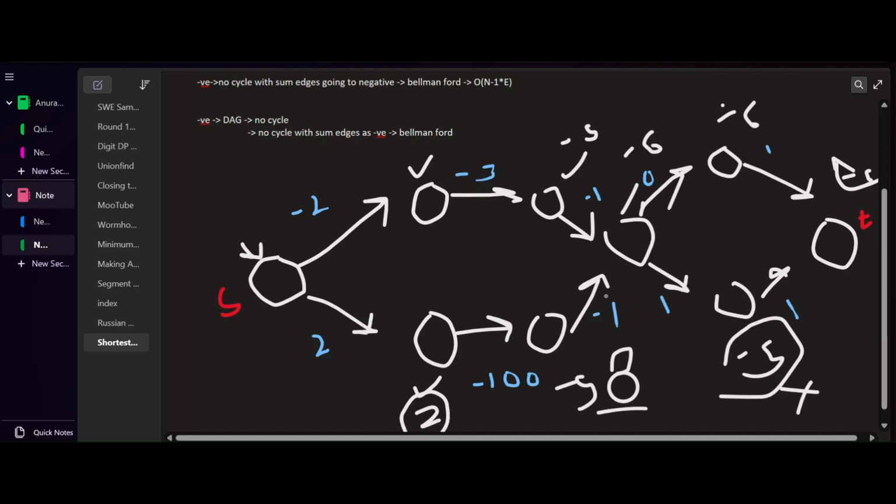We are going to pick this and put its children, that is going to be minus 97, no, minus 99, but minus 99 is smaller than 96. This is going to be cut, and this is going to be minus 99. Again we are going to put this node into the queue, but we have already processed it, but we are again putting it, and again we are going to update this